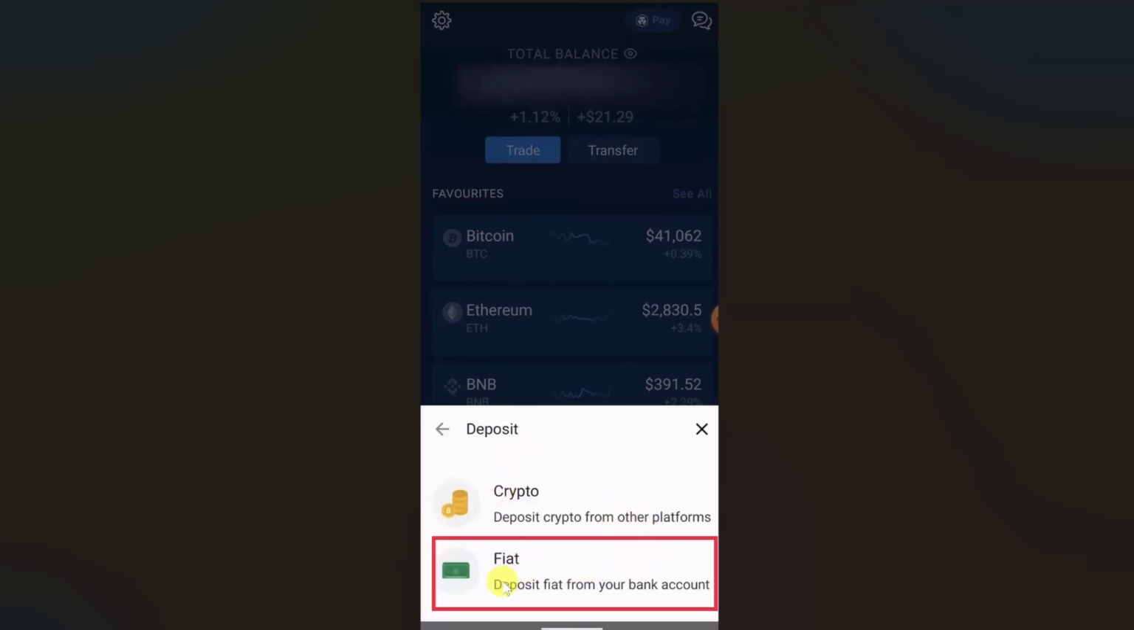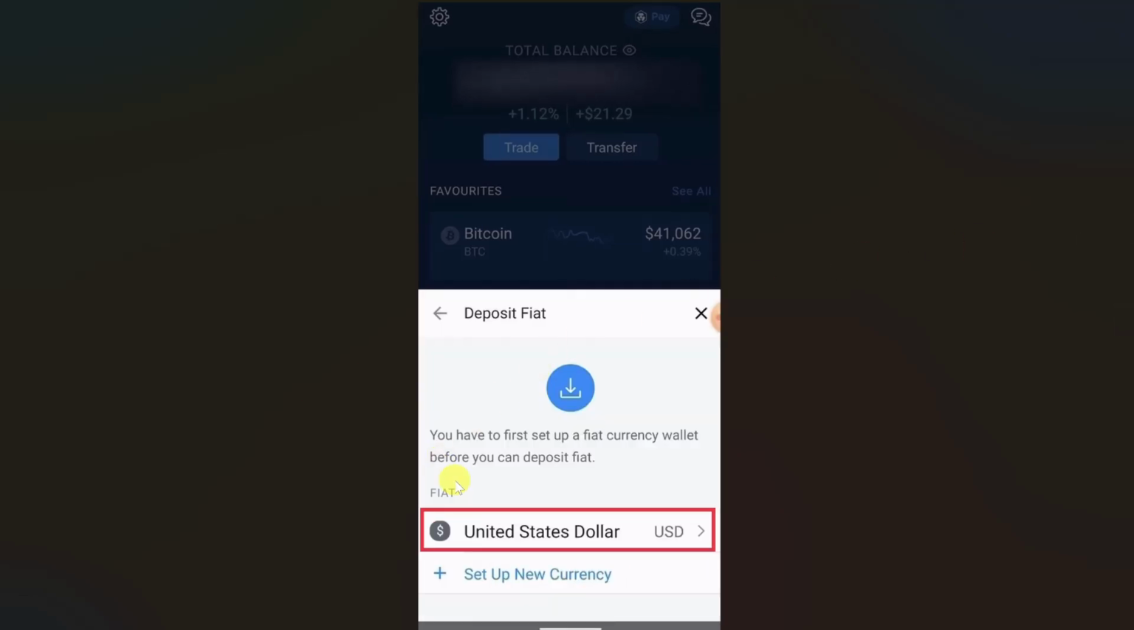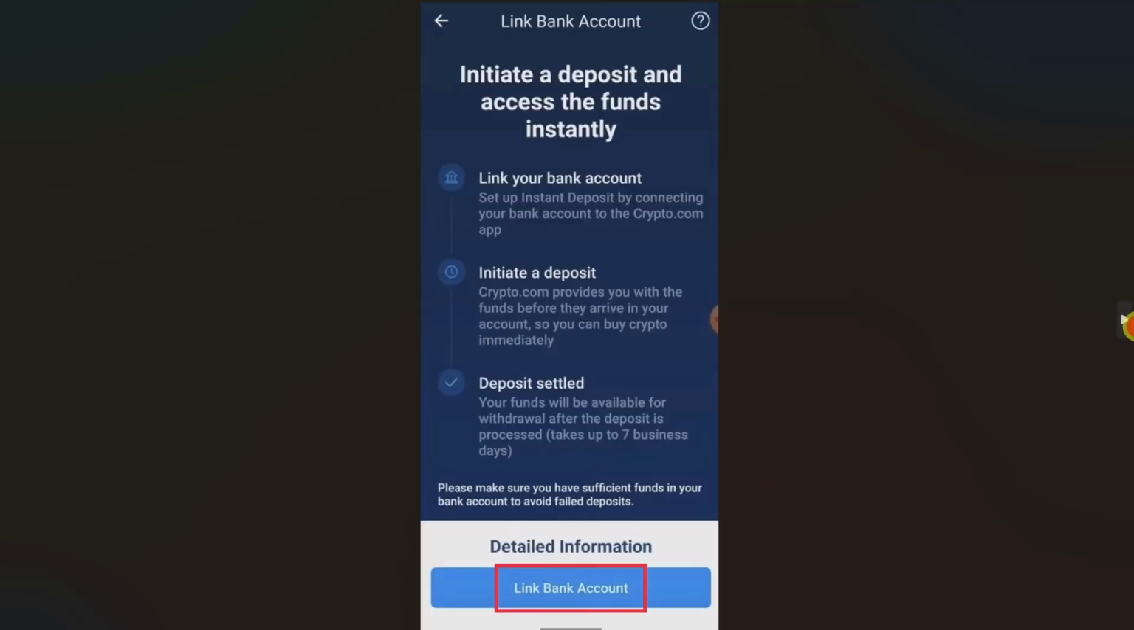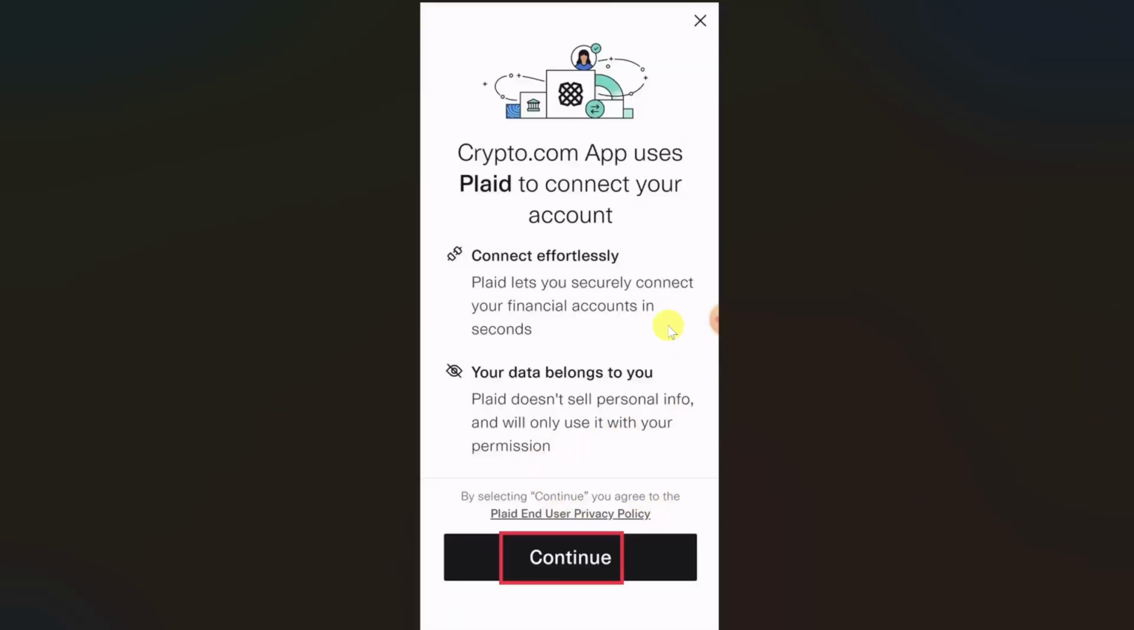Now on this screen you have to select fiat and after that you just have to select your currency and then you just have to click on this link bank account because we have to first link our bank account. Then just simply click on this link bank account option again and then it will open up this screen where